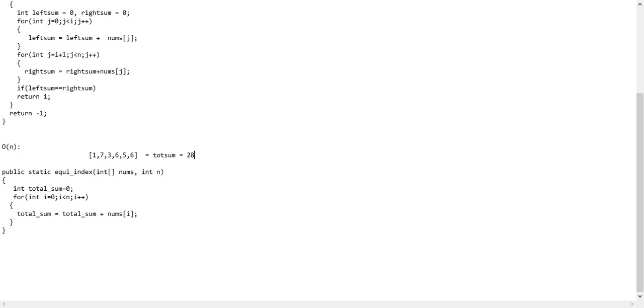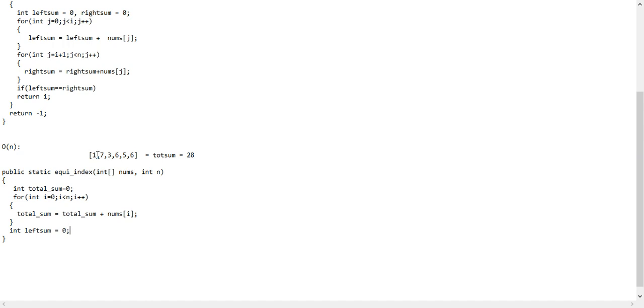It will be 28. Now if I take one more variable, suppose left sum, which contains the sum of the left elements, suppose it is 0.